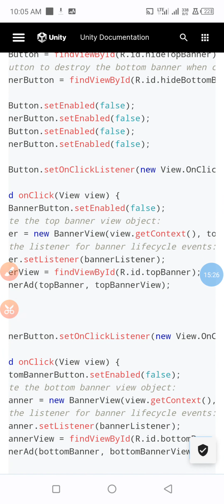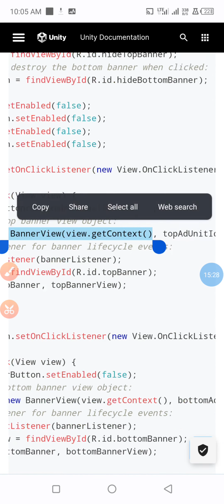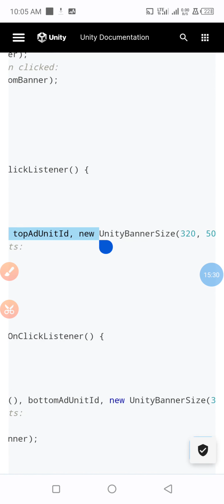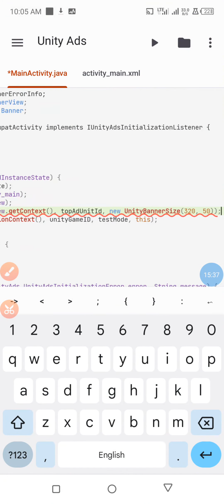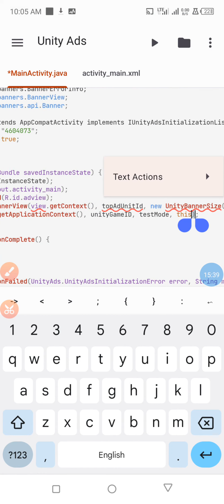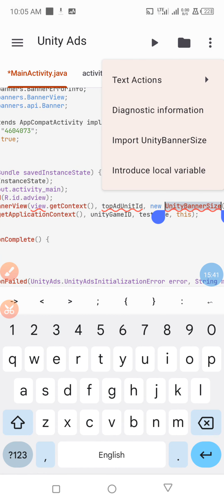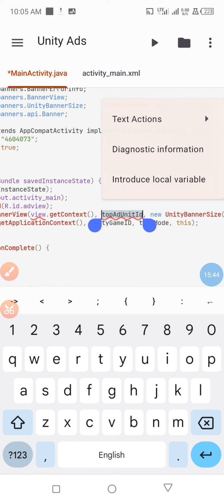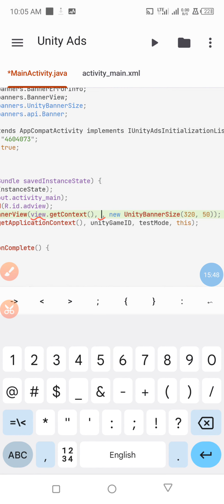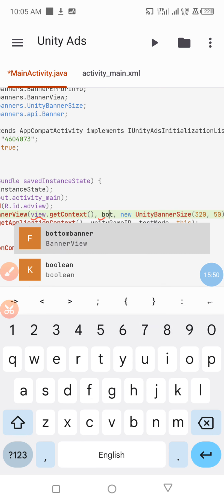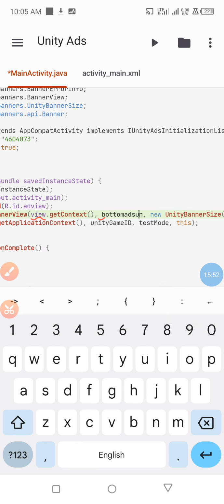Bottom banner will be equals to, so what we are doing is we are initializing the banner view class. I'm going to import this class, then we change this one to bottom. So let's just put our ad unit here, bottom ads unit, and change this to